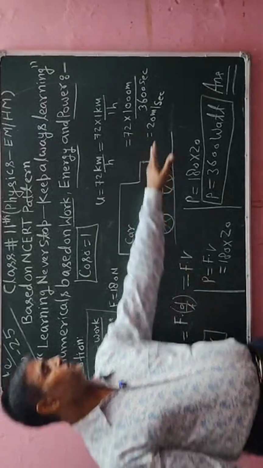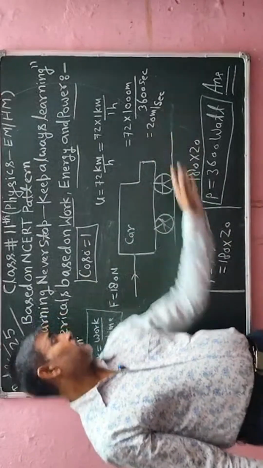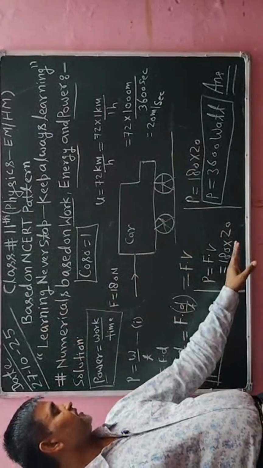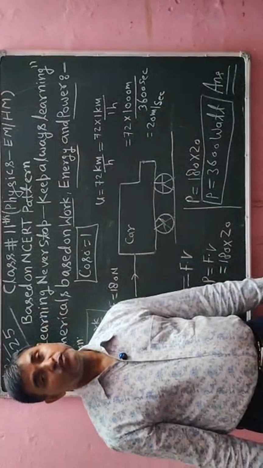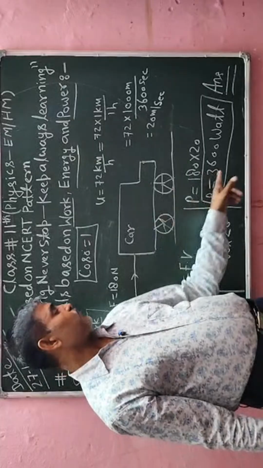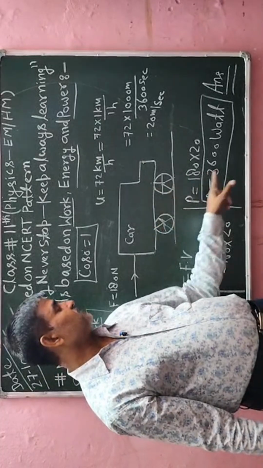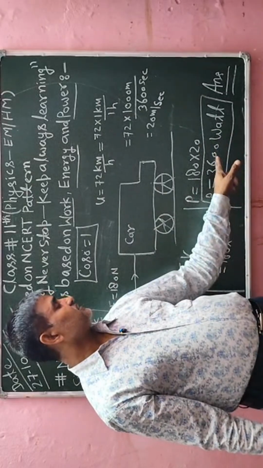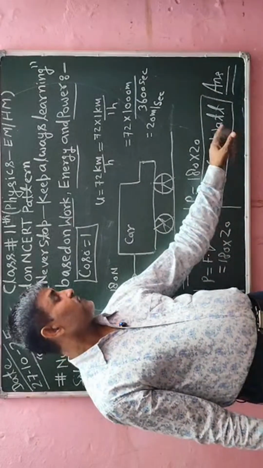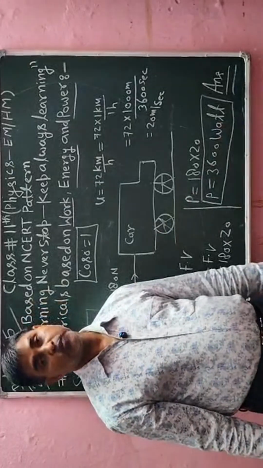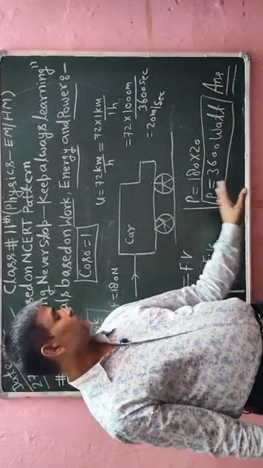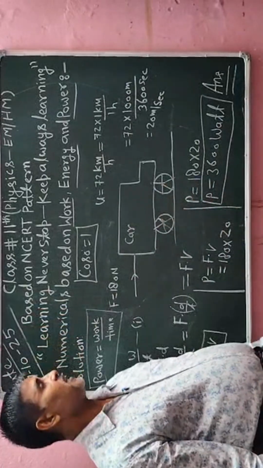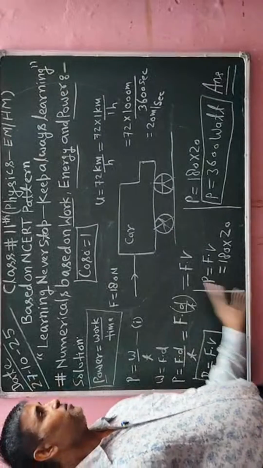क्योंकि कार 20 मीटर पर सेकेंड की स्पीड से मूव कर रही है, और इस पर एक्सटर्नल फोर्स 180 न्यूटन दिया गया। जब इसको मल्टीप्लाई करेंगे जो वैल्यू आएगा वो कार के इंजन का पावर होगा, कि इस कार के इंजन का पावर कितना है, 3600 वाट हो गया। इसका दूसरा यूनिट जूल पर सेकेंड के नाम से भी हम जानते हैं। तो इस तरीके से इस क्वेश्चन का हमने फाइनल सोल्यूशन एक्सप्लेन किया है।